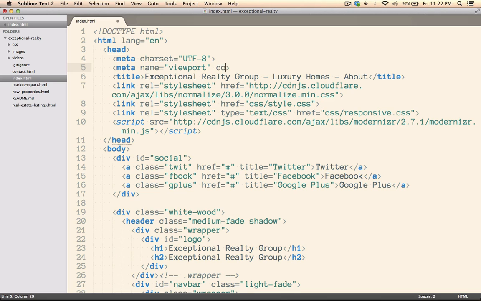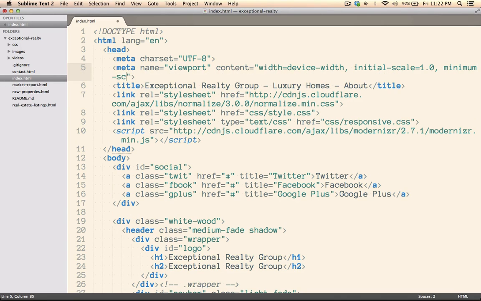And then we'll set the content attribute. And here we're going to set this so that the width of the screen will be determined by the device width. Okay, and then we'll do a comma, and to prevent scaling on the device, we're going to say initial-scale equals 1.0, comma, and then we'll also set the minimum-scale equal to 1.0. And then we'll also, of course, set the maximum-scale